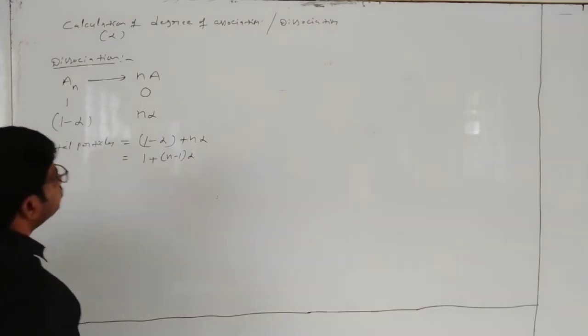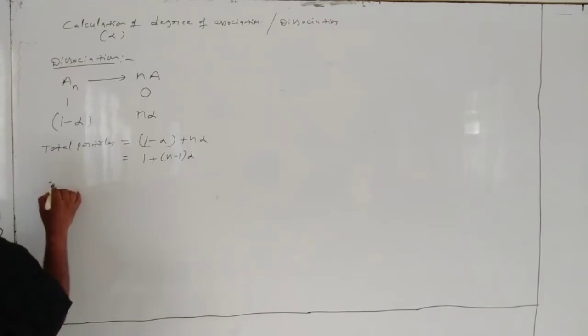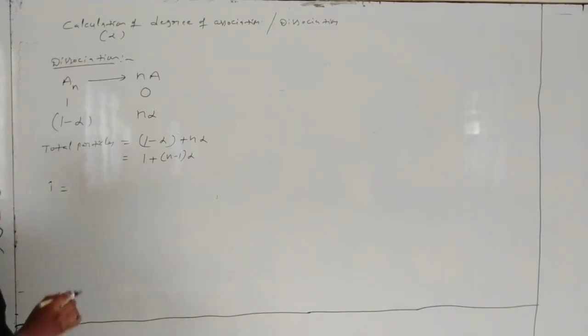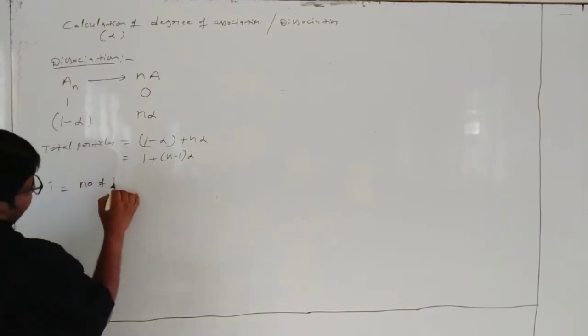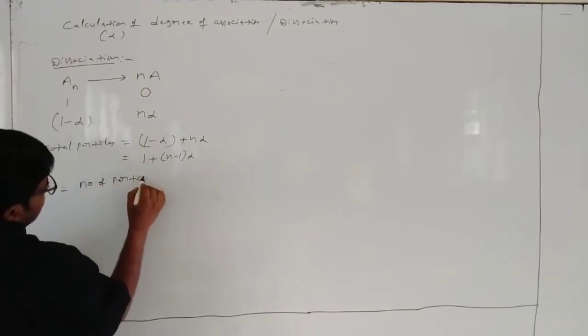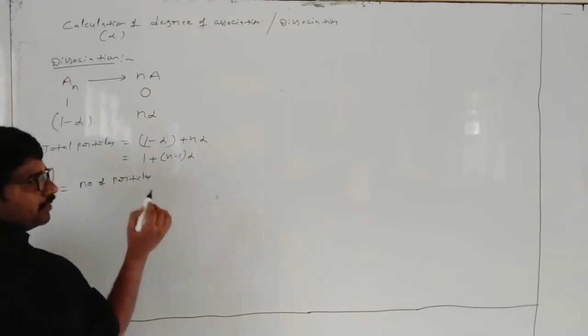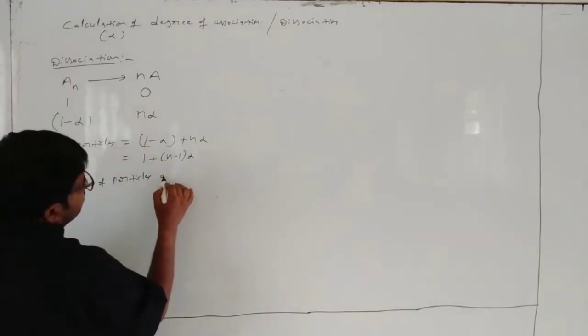Now i is equal to, how to write? The number of particles after dissociation